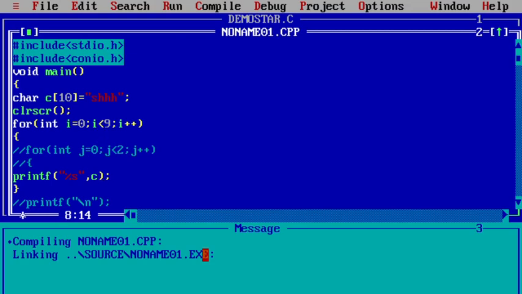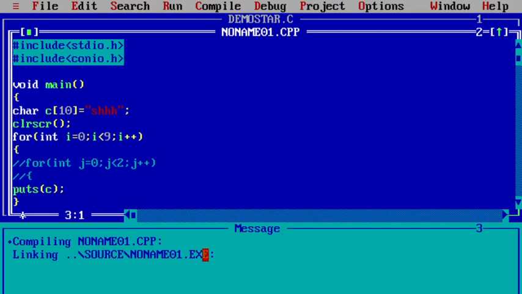Instead of this, if I wanted to use a string function like puts, to print the string, like c I am using, right? To use it, you have to use #include string.h, right?